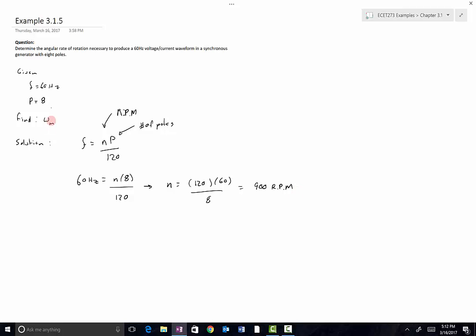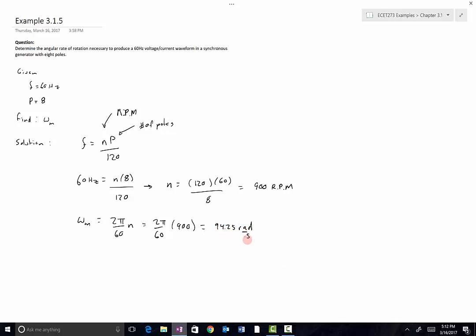So that is not angular rate of rotation, though. We need to determine angular rate, and we take that by multiplying 2 pi over 60 times the mechanical rate of rotation. So that's going to be equal to 2 pi over 60 times 900, or you can multiply by pi over 30. So this is going to give me 94.25